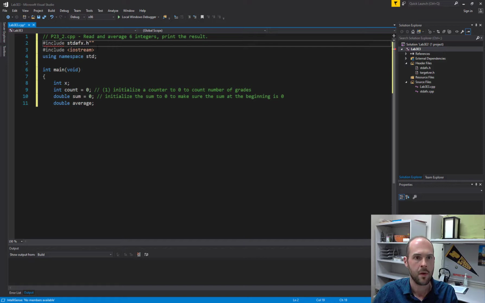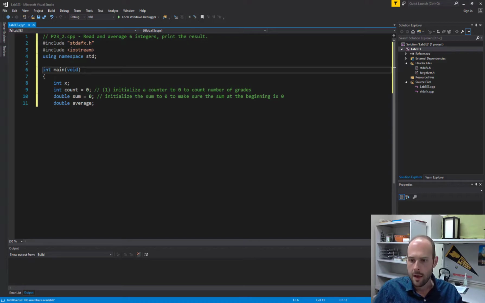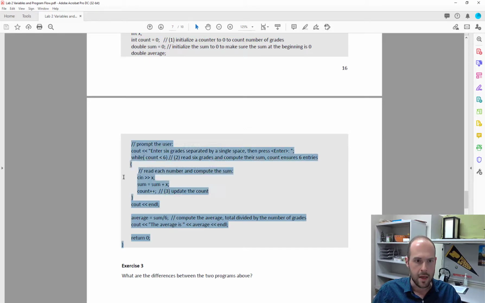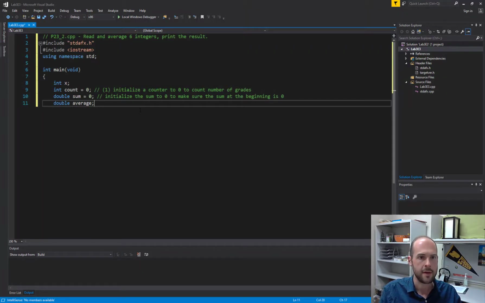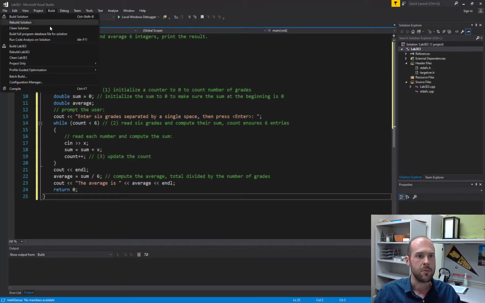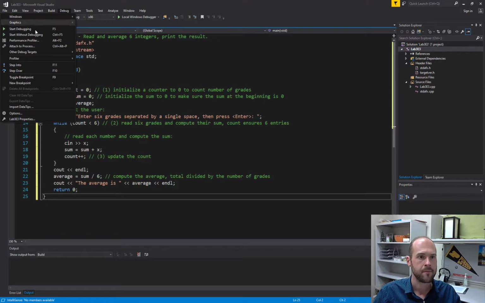Oops. Wrong order there. There we go. So I could just copy it off the first page of the PDF. Let me grab the second page. Make sure you get every single line so that we don't miss out on anything. And if we build and run this,